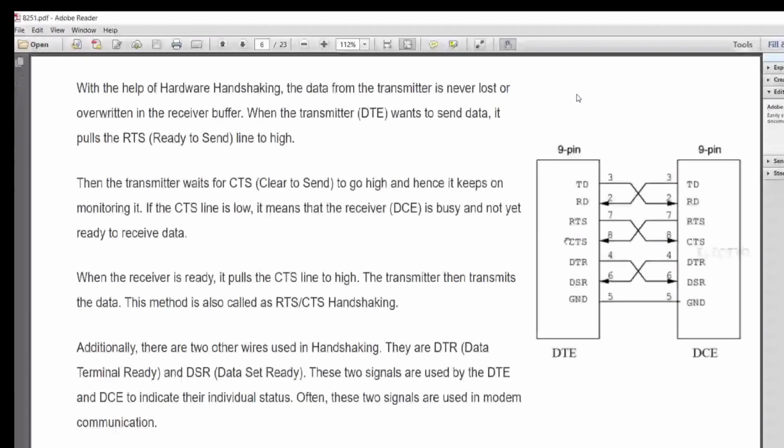So earlier, without this 8251, who is doing all this? If you look at it, these signals which are passed between are actually handled by the 8251 within the computer. So the data terminal equipment has an 8251 within it. So without that 8251, can we not have simple serial communication done? It is possible, but we need a program for that.